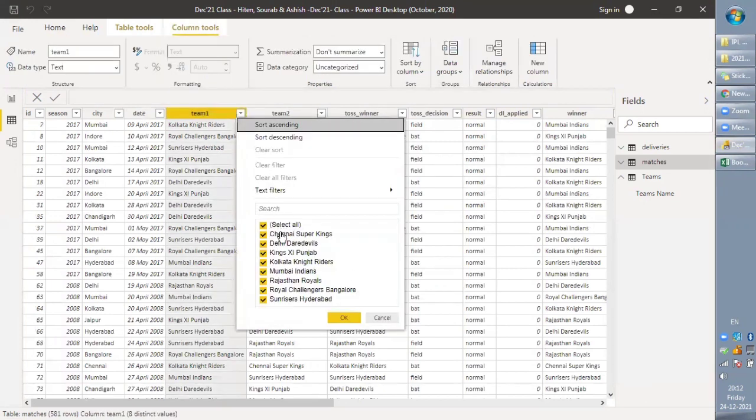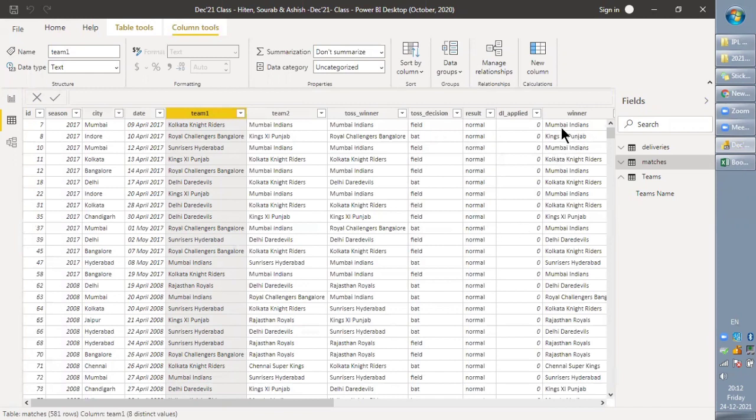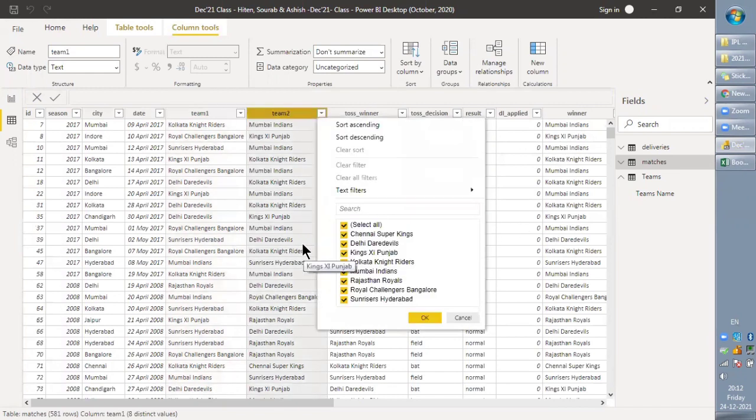Yeah, you can check. We can check here that there is no Deccan Chargers and there are no Kochi, Gujarat or Pune team. Let's check in team 2 as well. Chennai, Delhi, Kings, Kolkata, Mumbai, Rajasthan Royals.